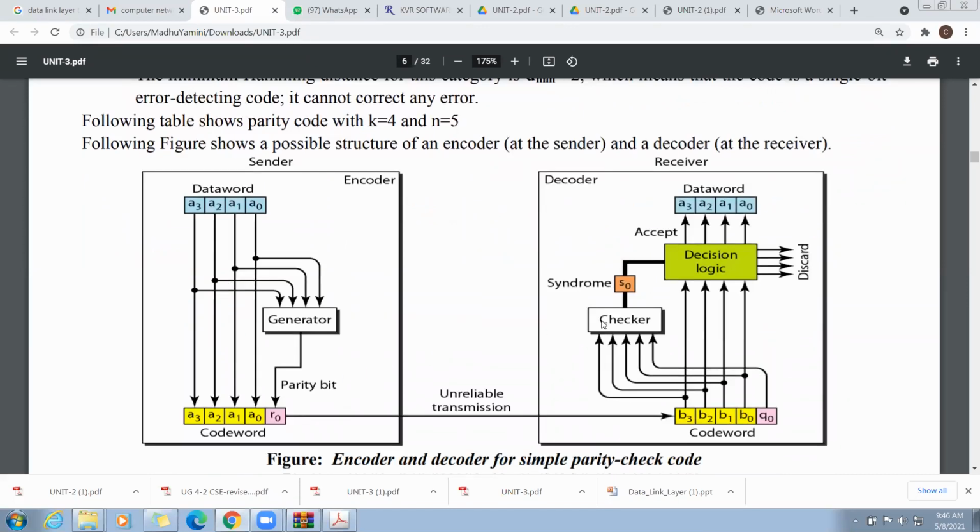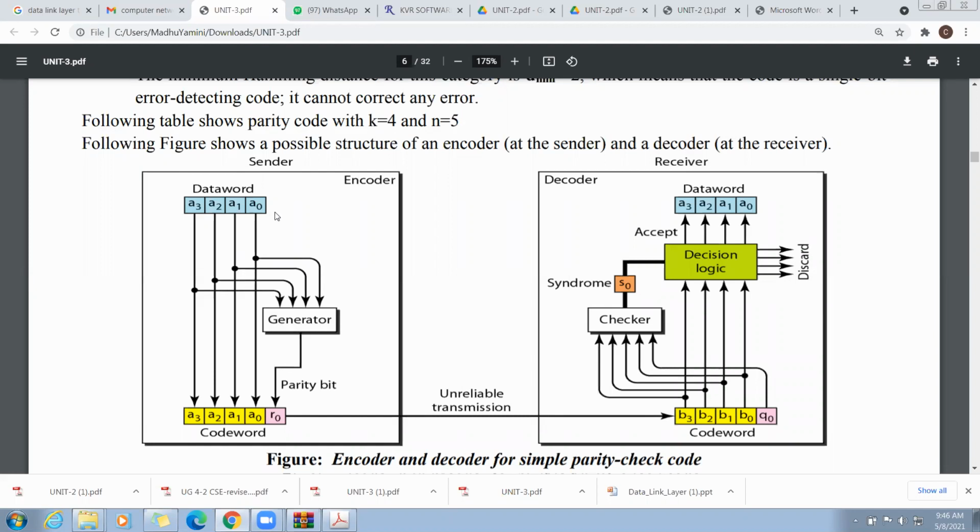Here is a simple parity check diagram. Listen carefully. This is the sender side, and this is the receiver side. At the sender side, we have a data word A0, A1, A2, A3. By using the generator, we will add some redundancy bits.